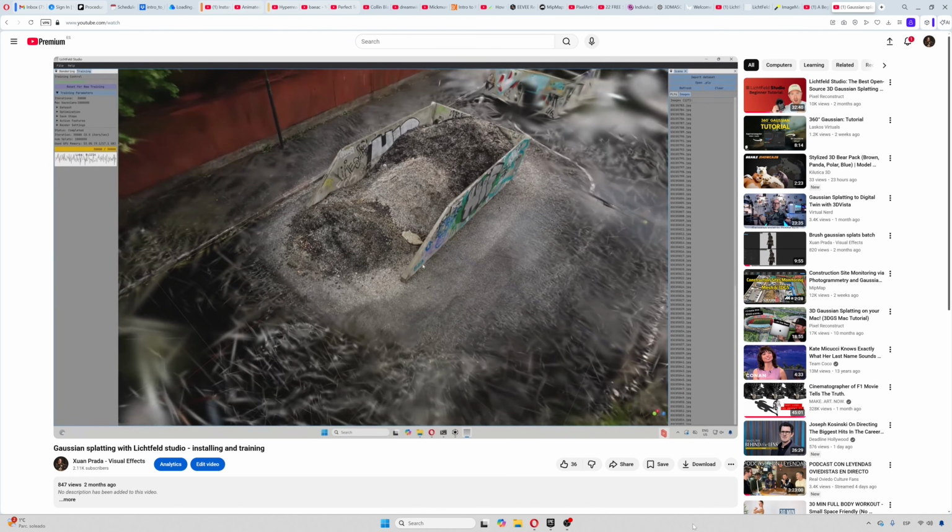Some time ago, I recorded this video about how to install and how to use Lichtfeld Studio for training Gaussian splats. And at the time that I recorded this video, and it was only like a couple of months ago, you had to install dependencies and compile the thing, and it was a little bit tricky for most people. But now I just discovered that there is a new version that just works out of the box. You just need to download it and install it, and you don't need to care about dependencies anymore,